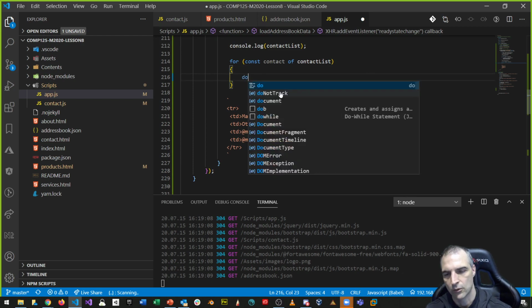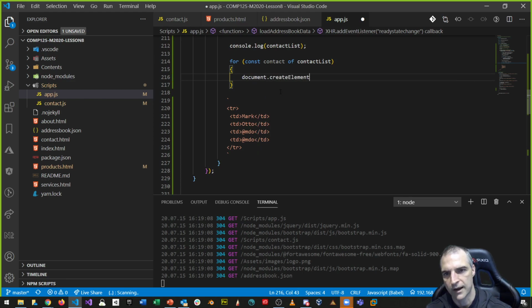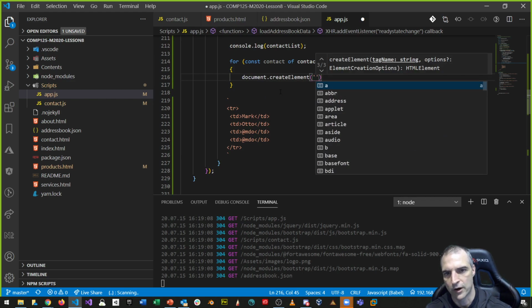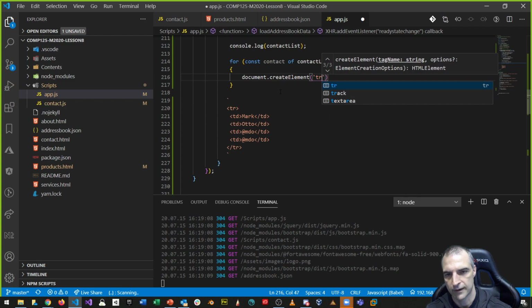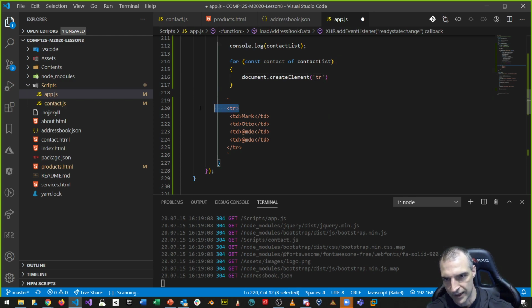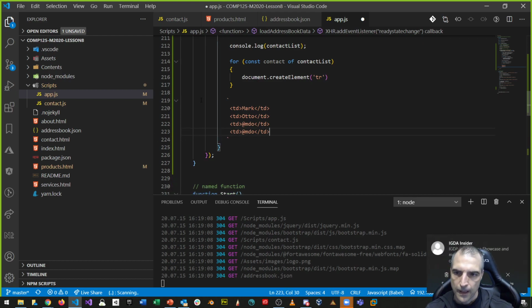I want to go document.createElement, and the element that I want to create is a TR, right? That's the TR element. So that's the surrounding element, this part. Okay? That's this part. And then what I want to do is I want to append to the TR, append child, this information, or